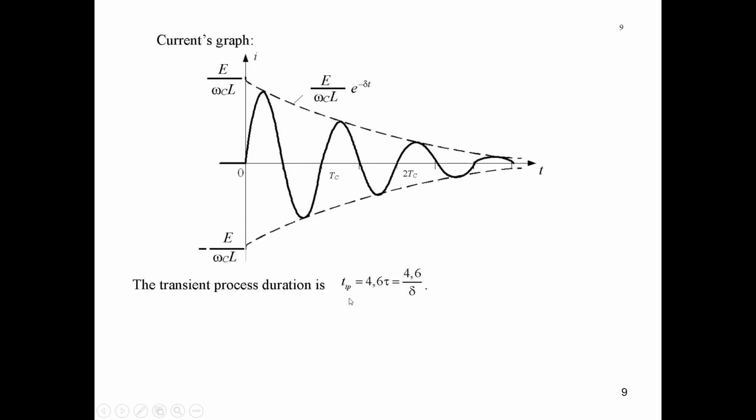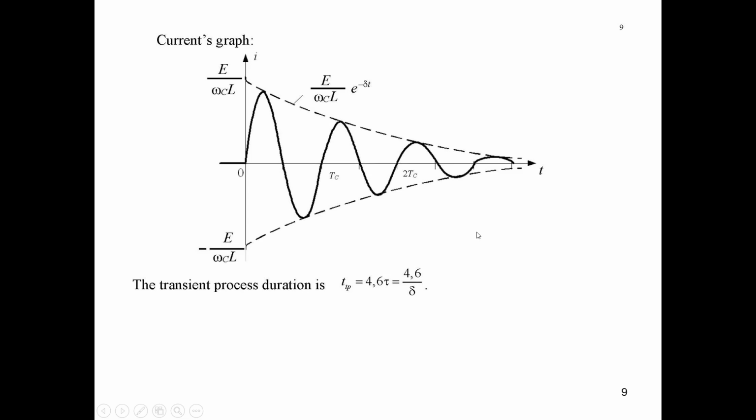We can conclude that the duration of these oscillating processes will be approximately equal to 4.6 tau, or 4.6 over delta. In such a case, it's this graph. The current through the inductance and through the other elements was equal to 0 before commutation, and in the steady state it will also tend to 0. But between these two states, we have oscillation processes of changing of this current with a period determined by omega c,